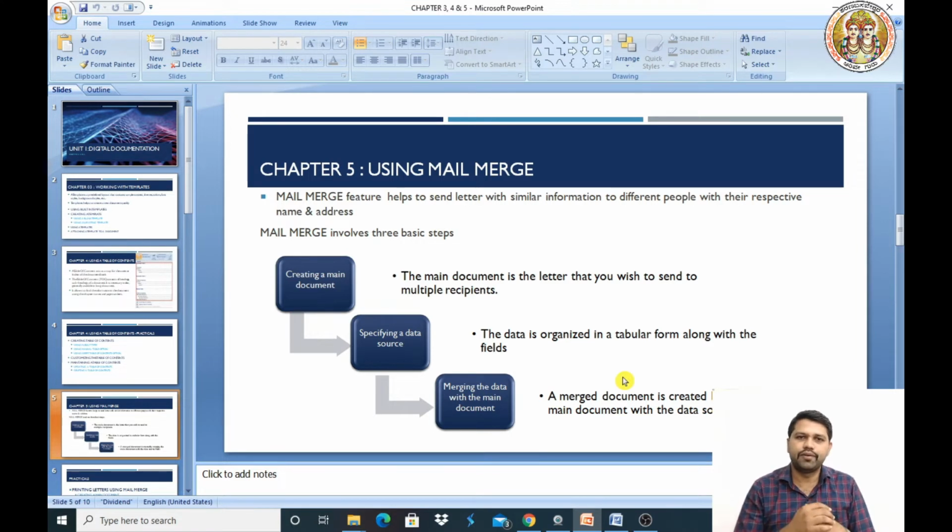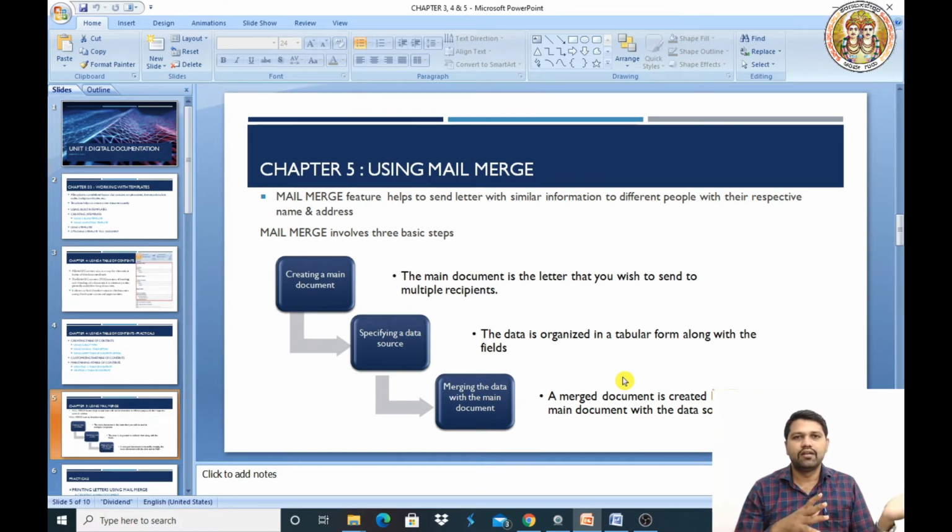Okay, I'll give an example for this. Just observe, if you got any letter from the bank with the name and the address, are they going to create it every time? No, they are using this feature, maybe in another application, but the mechanism is the same.